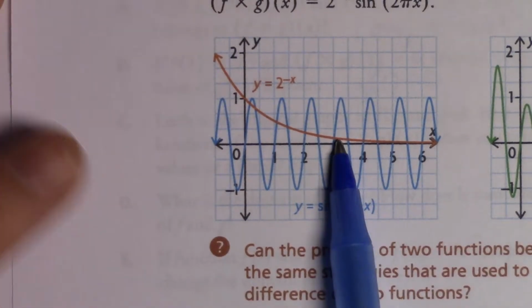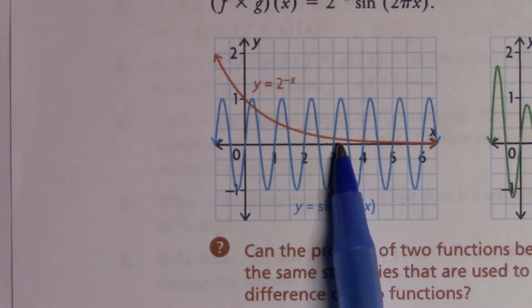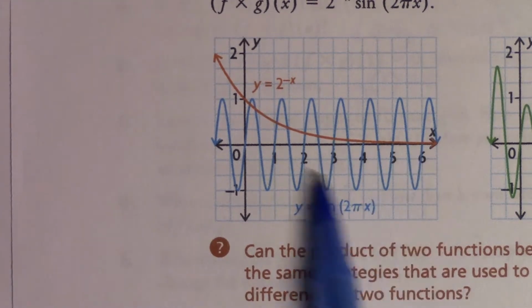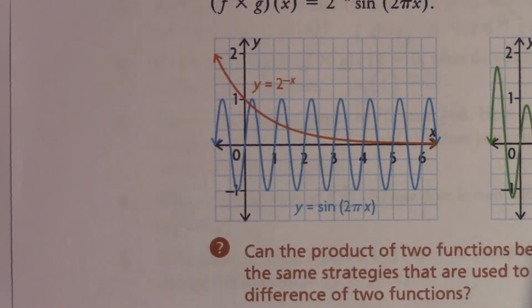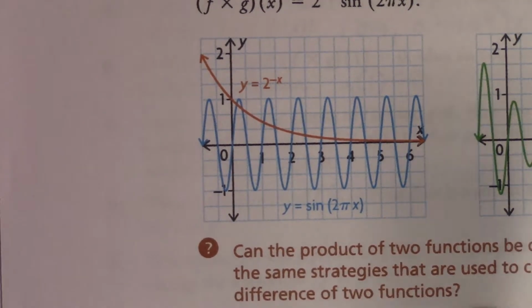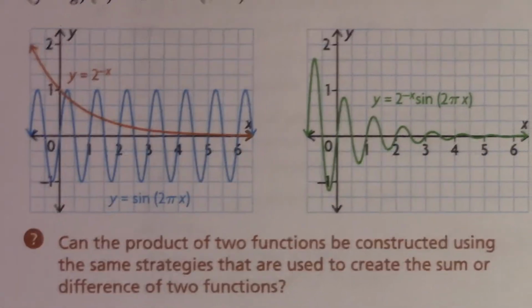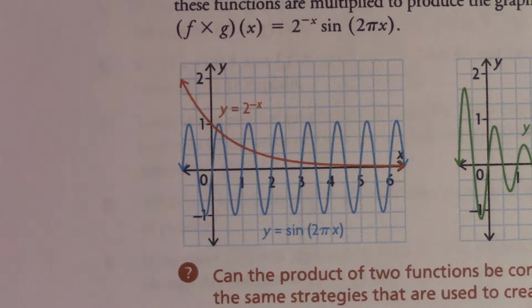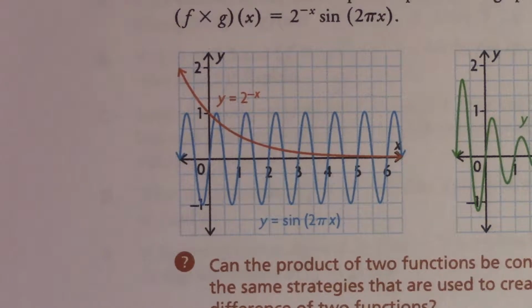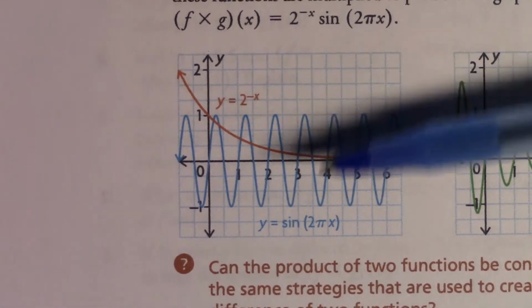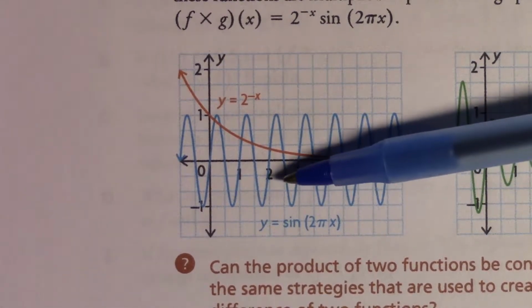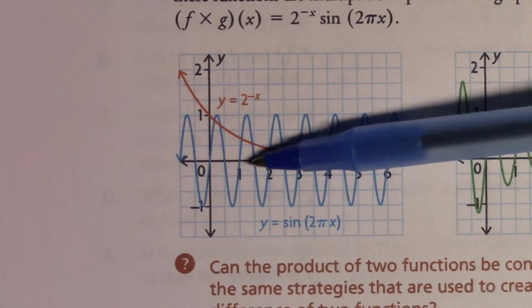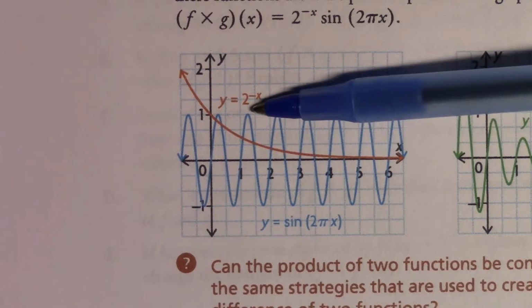Okay, we're looking at this graph. How can I predict where the zeros will be on my combined function, which is this graph over here? How will we know? Yeah? Wouldn't it be the same as where the zeros on the sine graph is? Yeah, exactly. It'll be either the location where the blue graph hits 0 or the red graph hits